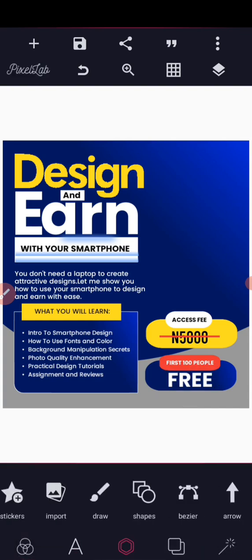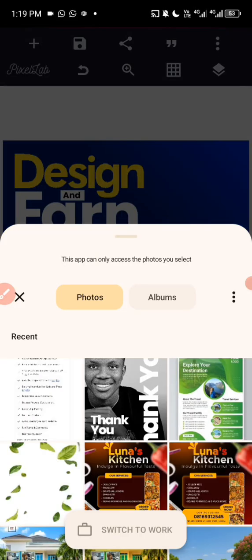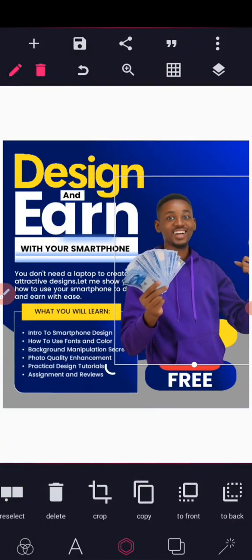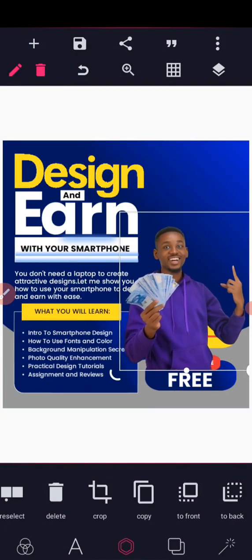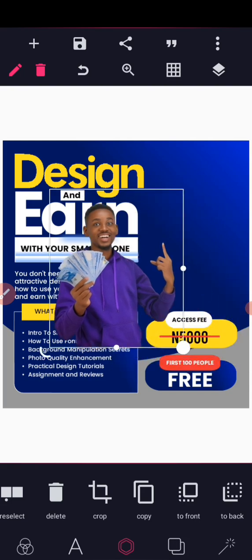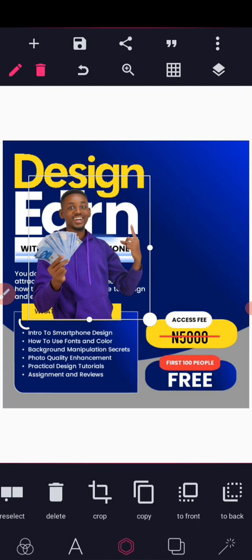So the next thing, click on this. Then import the image you want to use. This is the image you want to use. Then you can bring it here. Then bring it something here. Reduce the size. But wait, let me show you this trick before we move further. You can see that if we reduce this size now, let's now copy this image and